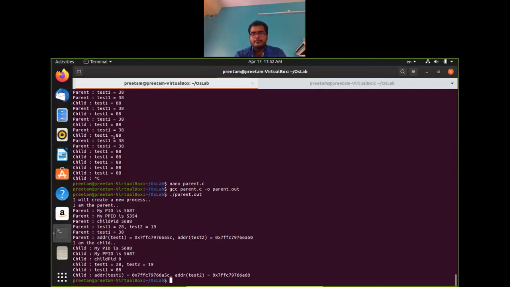So it is proven that these two have two different memory locations, but whenever I am trying to print out the address, they are giving the same memory address. Why and how? So we'll get into the details, and for getting into that, we have to observe something. And for doing that, we have to make the parent process and child process into infinite loop, so that we can get into some details of them.